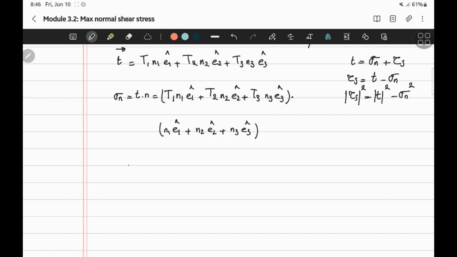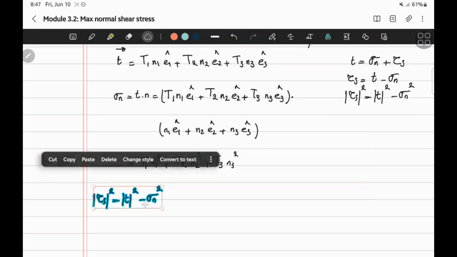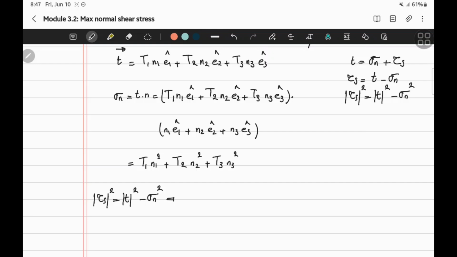So we get T1 N1 squared plus T2 N2 squared plus T3 N3 squared. And now to find this value,